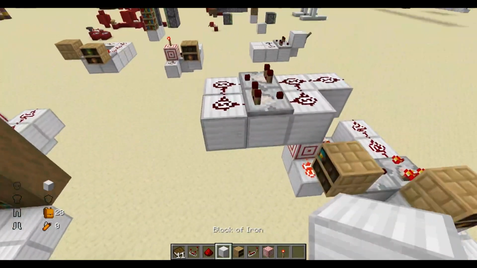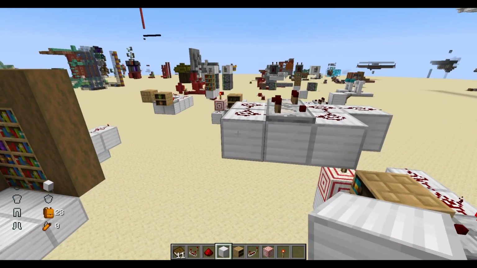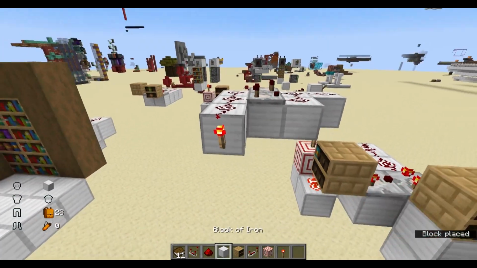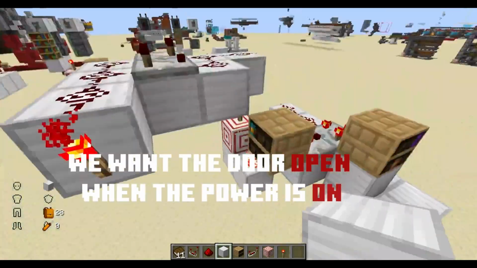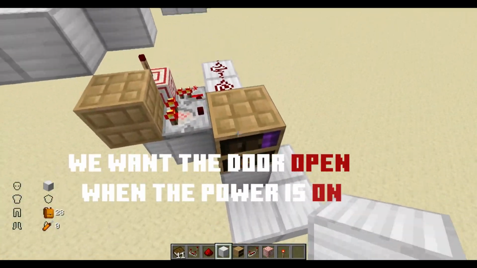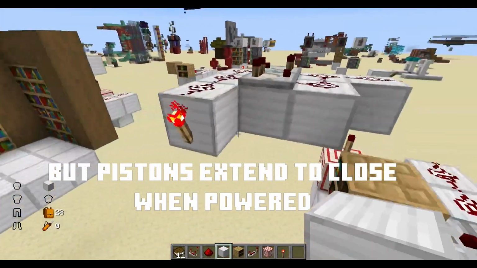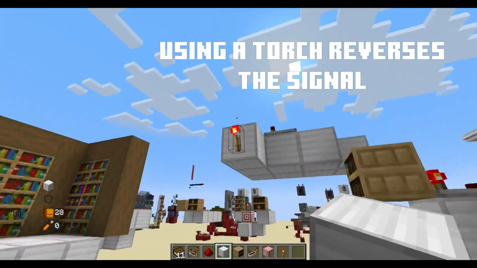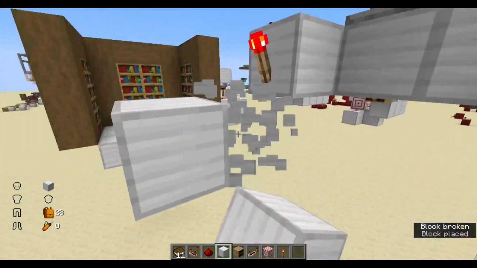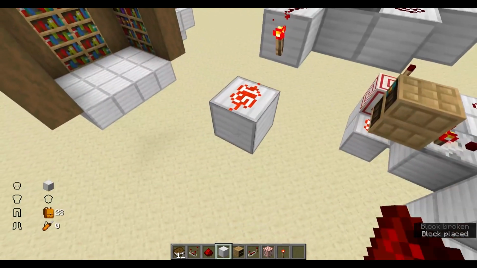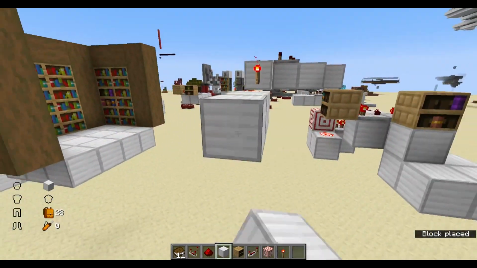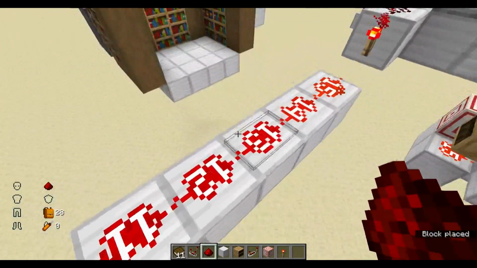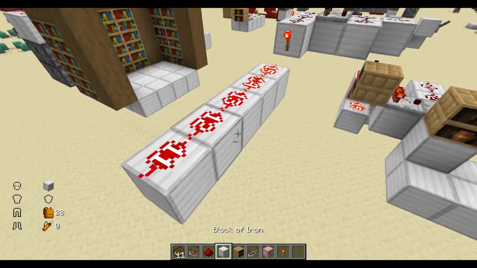And then you want to build your Jeb door. So we'll have this redstone come out over here. Put a torch on because we want it to be the opposite way around when the door is, because this is off, so basically we want to have it the opposite way around, that when the door is open correctly, the redstone is unpowered. So we're going to split those up, and then put your dust there, as you can see, and then we'll go this way, this way, this way. This isn't going to look pretty, I'm just building it for you so that you can see, and then we'll go